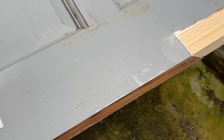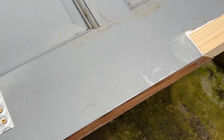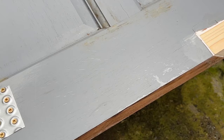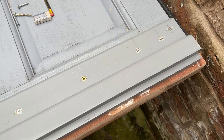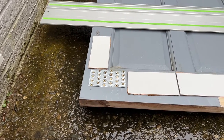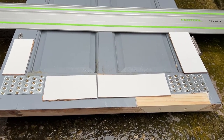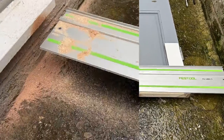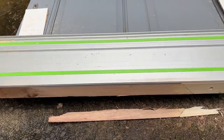It's at this point I start to get the feeling I must have upset someone in a previous life. Not only has it started to rain again, but I've realised I should have trimmed up the bottom edge from the other side of the door to avoid having to work around the joining plates. However, as I've already fitted the weather bar, this stops me from positioning my track saw correctly. Never mind, some carefully positioned pieces of scrap hardboard should allow me to get the track lying flat and level. But there's not a lot of working space, is there? After a fair bit of swearing and wet knees, I eventually managed to get the bottom edge trimmed up,